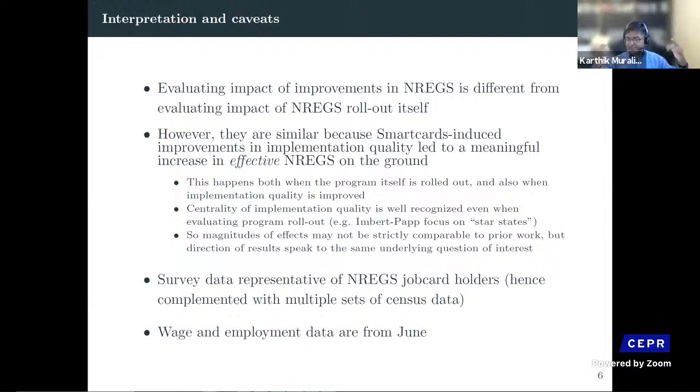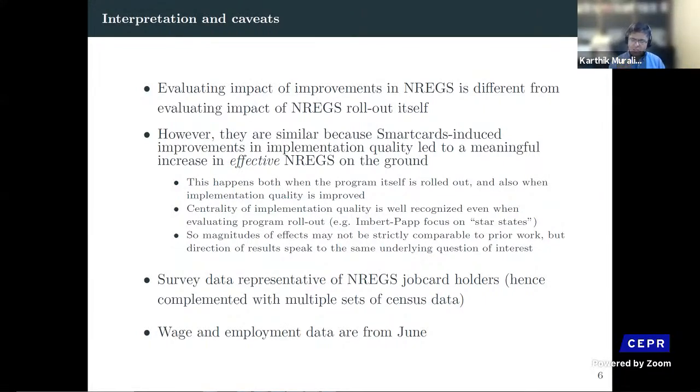And frankly, that's the population we care about the most, right? Because that's the population the program was designed to help. And the concern about offsetting impacts from reduced private sector employment would also apply mainly to that population, okay? But then we are going to supplement this with census data, and that's why this paper has taken so much